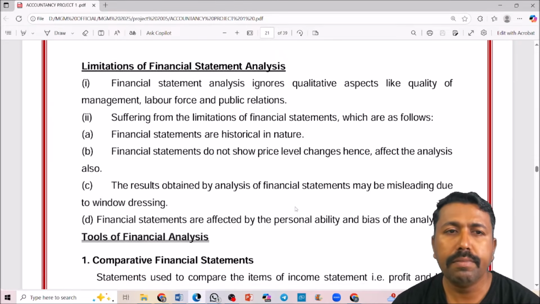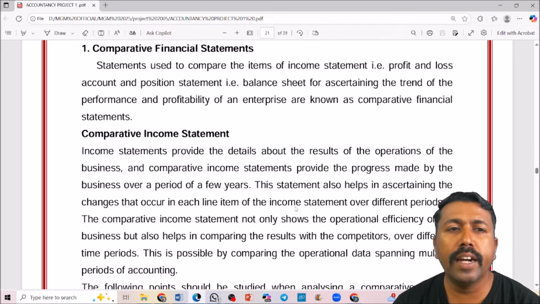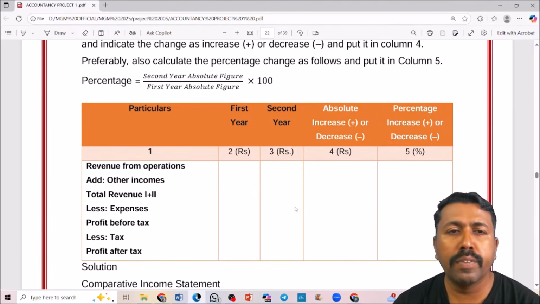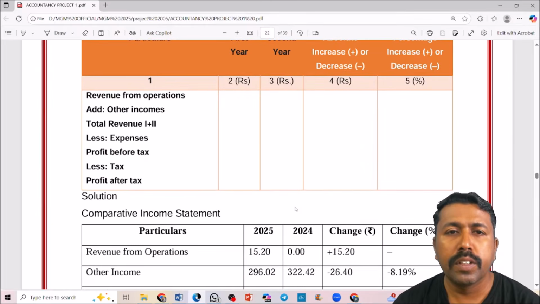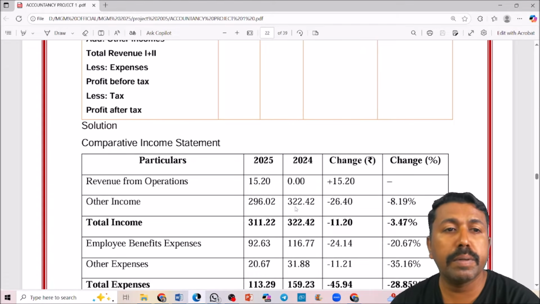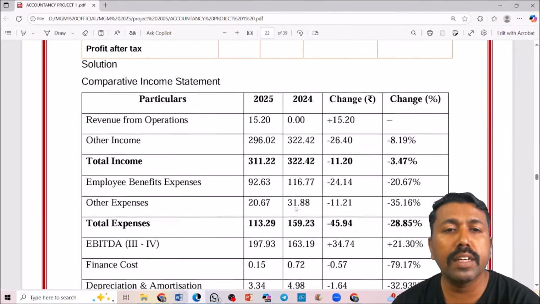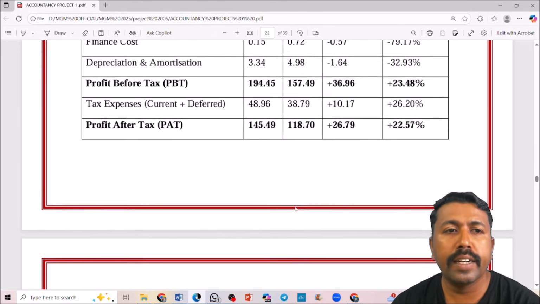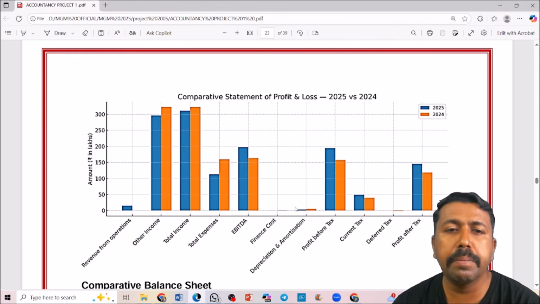Limitations, it's an introductory part for the comparative and common size statement, and you can add the details of tools of comparative statements and the format also. So from the above balance sheet, I prepared the balance sheet and statement of P&L, and from that I finished this comparative income statement, and also attached one diagram regarding the same values,